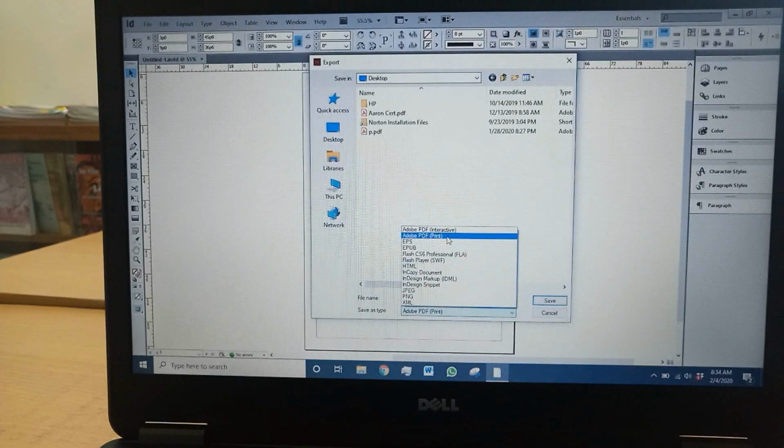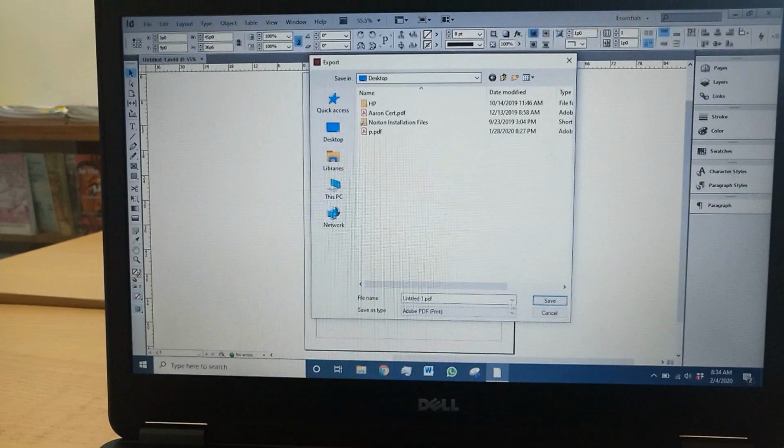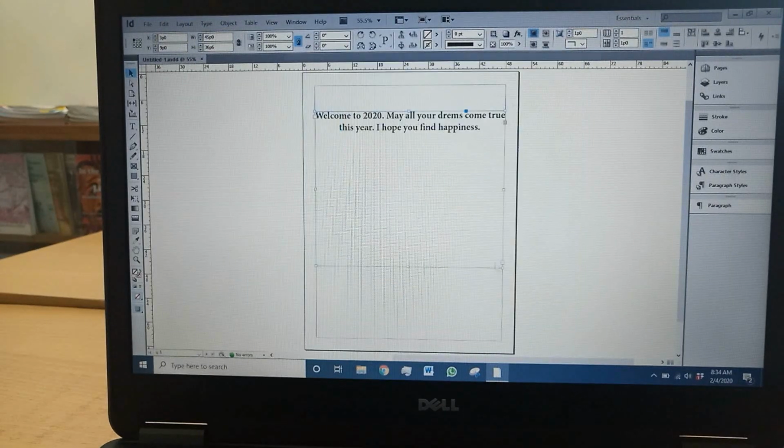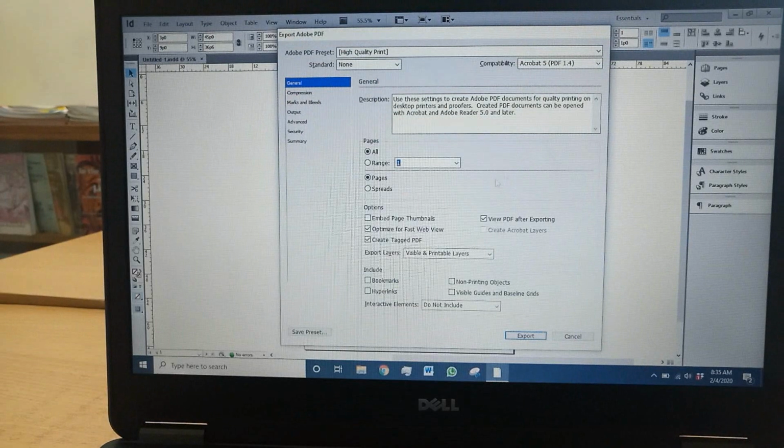So you can choose PDF print or interactive, or JPEG if you want an image, or PNG. Those are some of the basic formats you can save in with InDesign. So let's go for Adobe PDF print, and you save. It brings you another setup where you can